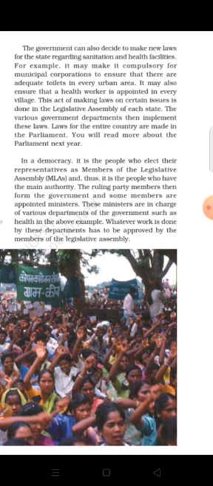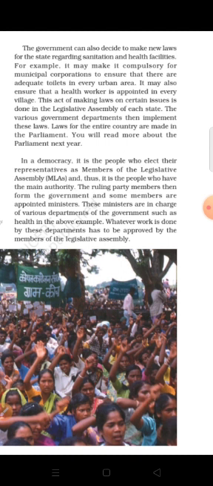This act of making laws on a certain issue, for the various government departments to implement, for the entire country is done in the parliament. Not for a state. Parliament will pass the law for the whole country, for India. But in the Vidhan Sabha they can address their own state's problems. They have their own problems, their own issues, and they can pass acts in their own particular way.